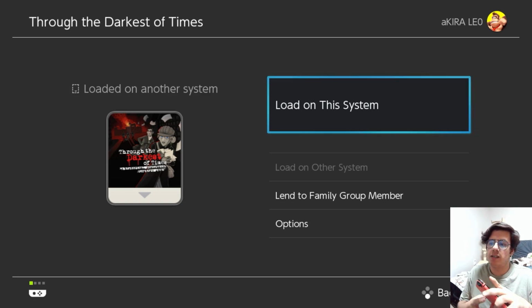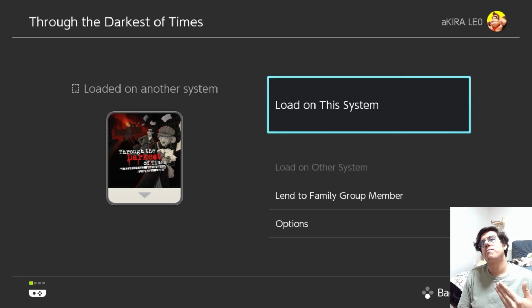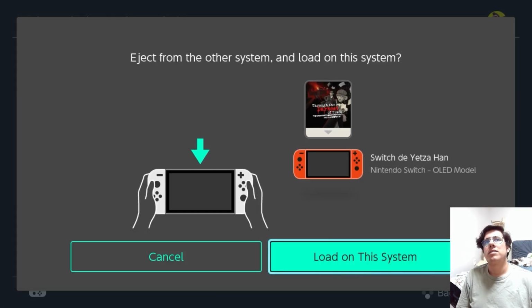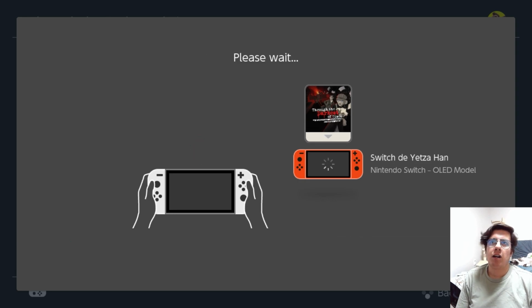So let's say a person that travels a lot has one Nintendo Switch for Nintendo games and another Switch, let's say the Nintendo Switch Lite, that is even handier to use for indie games. So you can easily do that here and load on other systems. Or let's say I want to load this game here, and it says eject from other system and load on this system. So what this does is extract the license from this red console to my Switch OLED white console. So that's extracting the license,